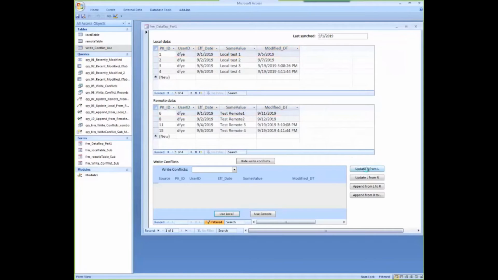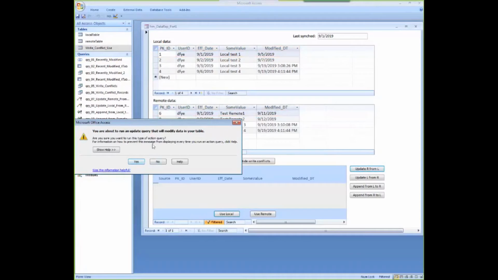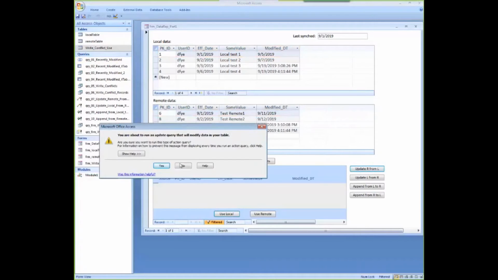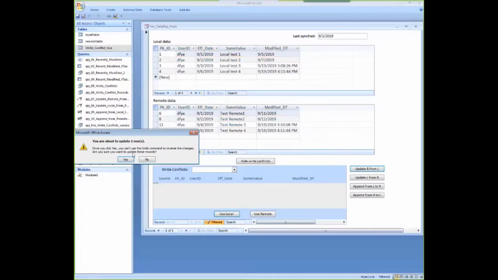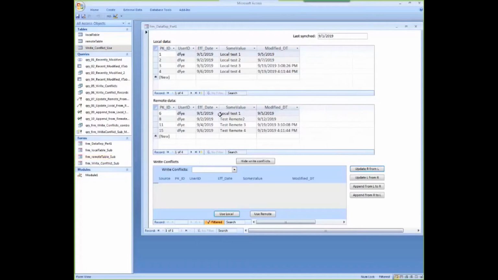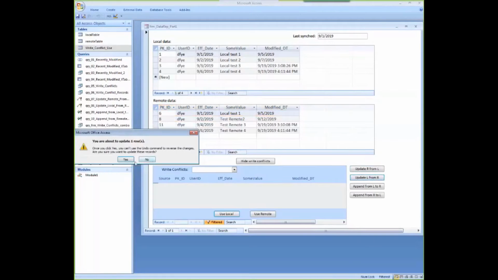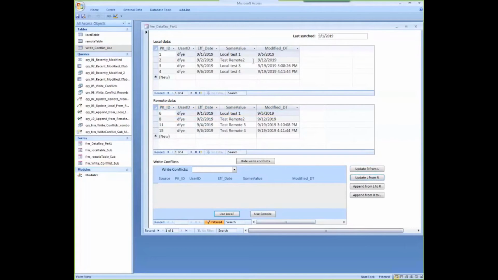So when we update that, and I just used the open query method here so that we can see what's being done, it's updating one record, and it did update that one record. When we update the local from the remote, we're going to see that record we selected, and now that value from here is now located here. Then we've got append from local to remote, which means that this record for September 3rd will get added down here.